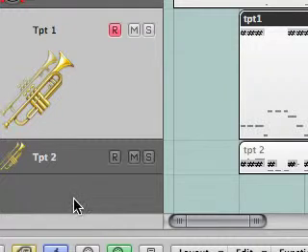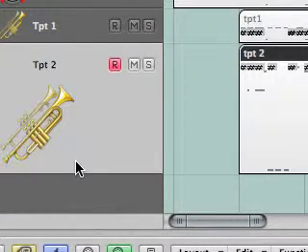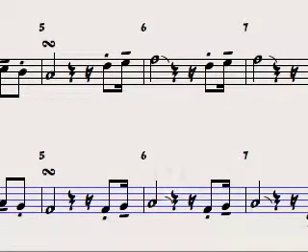Next, we create a track in the arrange and assign it to our second trumpet. I've already prepared the part. I did this by transposing trumpet 1 down a bit and altering a few notes to get a good harmony part. You can use exactly the same symbols and text, but we'll probably need to do a little bit of repositioning.